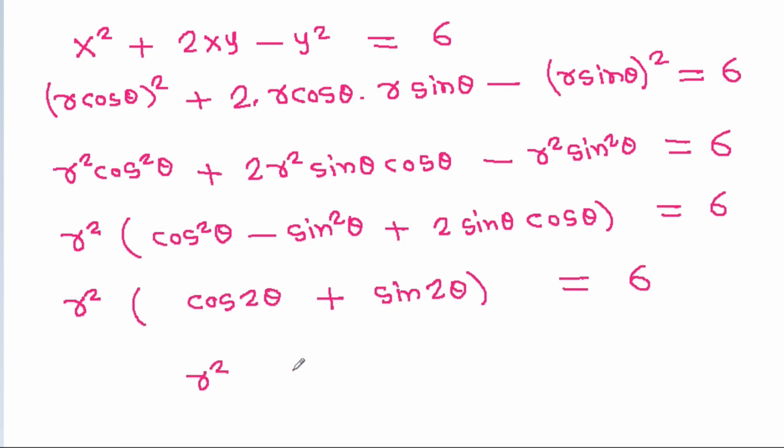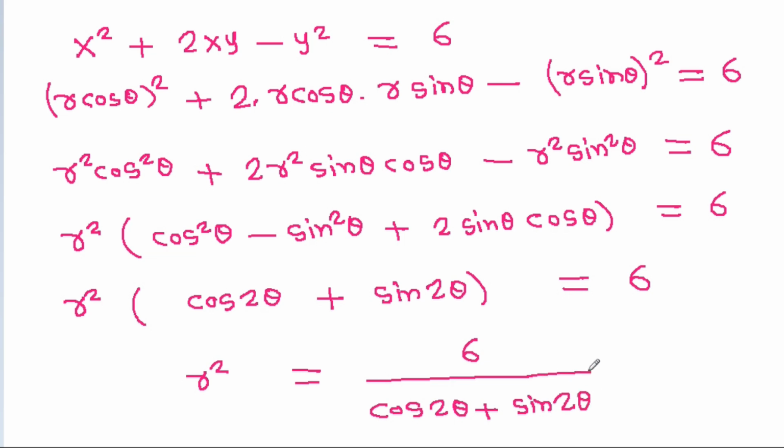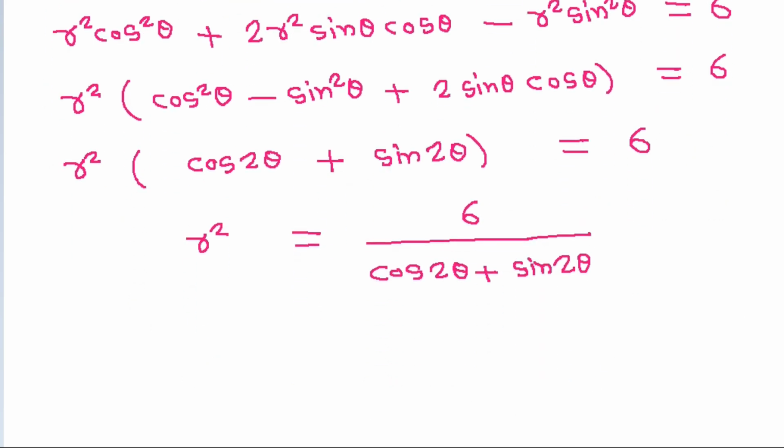So r squared will be equal to 6 by (cos 2 theta plus sin 2 theta),